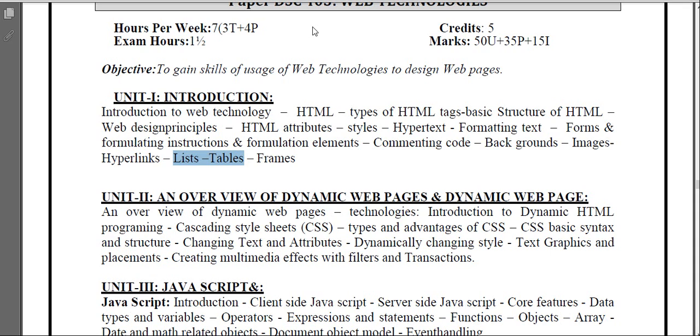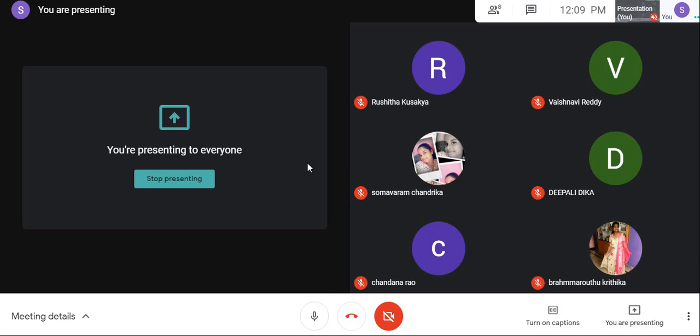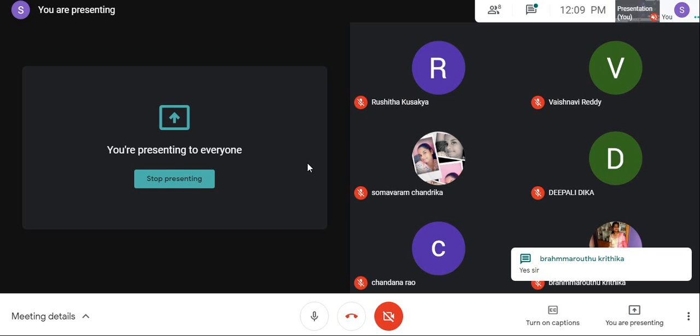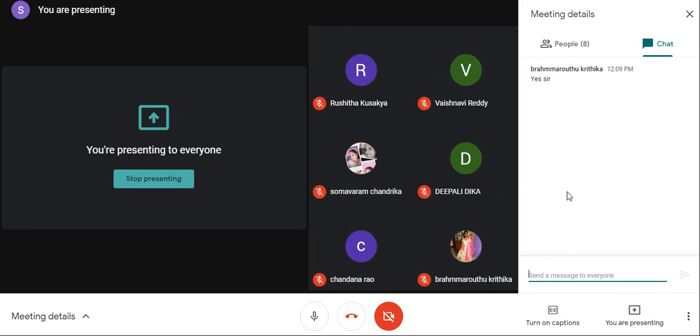How to create a table? Hello. Answer the questions.